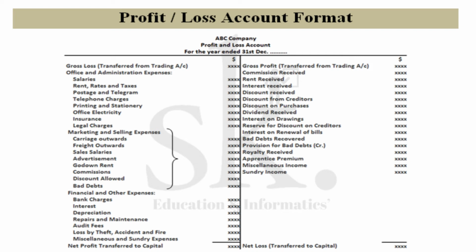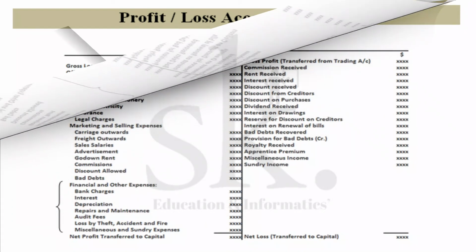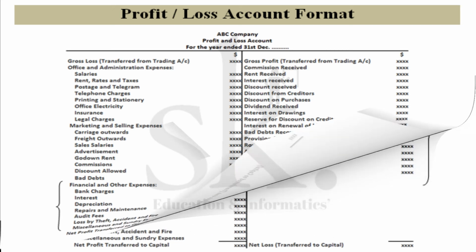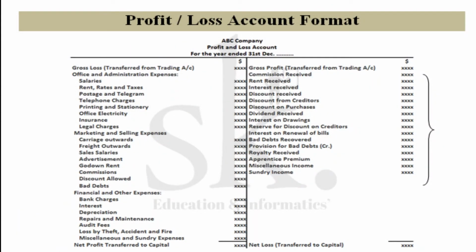So all types of selling expenses are to be considered in selling and distribution overhead or marketing and selling expenses, and all types of financial expenses, be it bank charges, interest, depreciation, etc., will be considered under the head financial expenses. On the other side is the profit and loss account credit side, which I said is the receipt side. So anything which you have received, be it commission received, rent received, interest received, discount received, will be recorded on